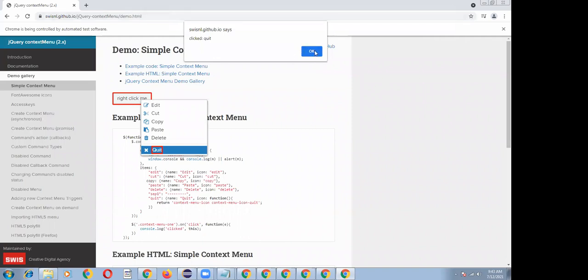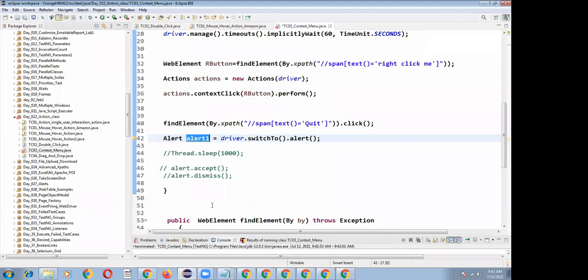OK. Generally an alert message contains either OK or Cancel. If you want to click on OK, you have to write alert1.accept. Suppose the alert pop-up message contains a Cancel button, you have to write alert1.dismiss.